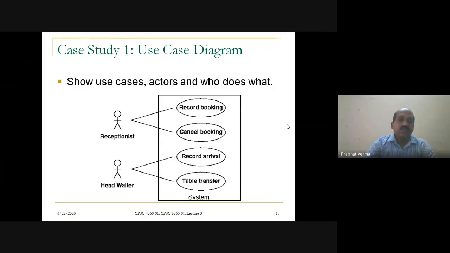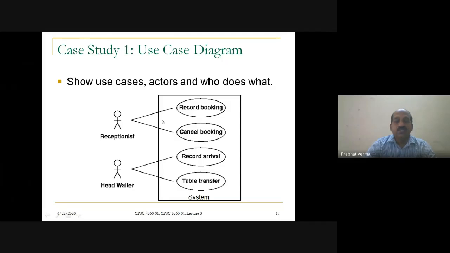Now let us see the simple use cases that we can suggest for this restaurant management system, like record booking. Whenever the customer requests, the receptionist records the booking for a table. The customer may request canceling the booking in unavoidable circumstances, so that is again a use case.